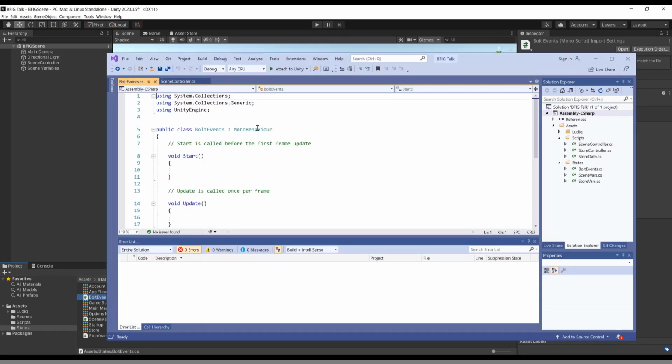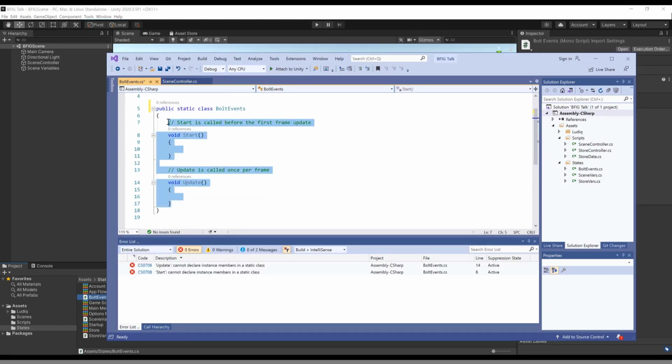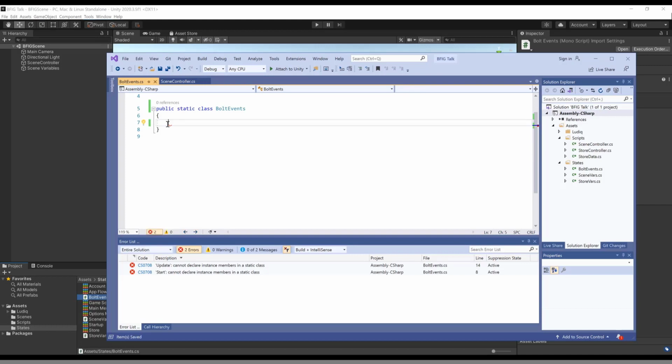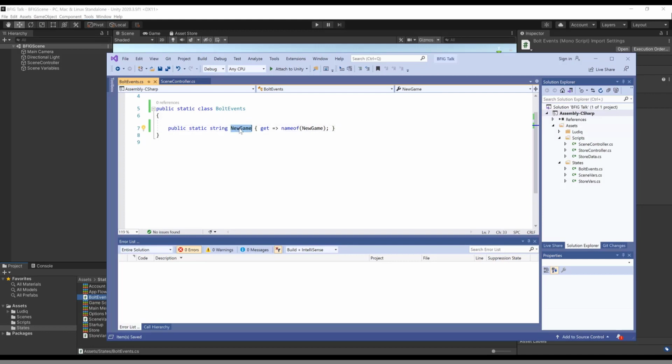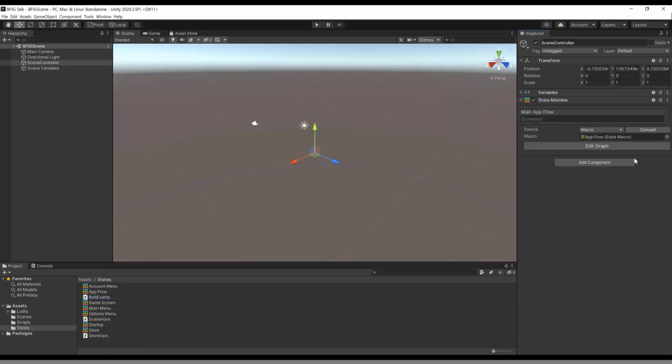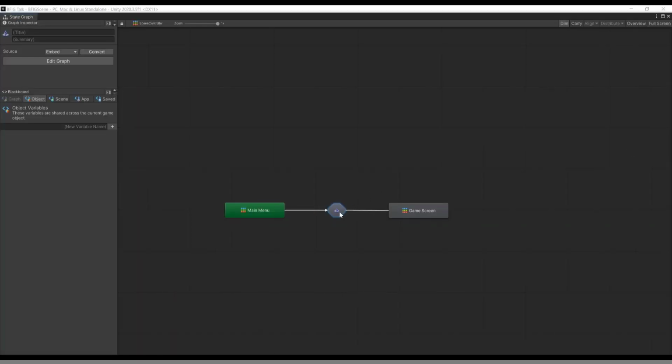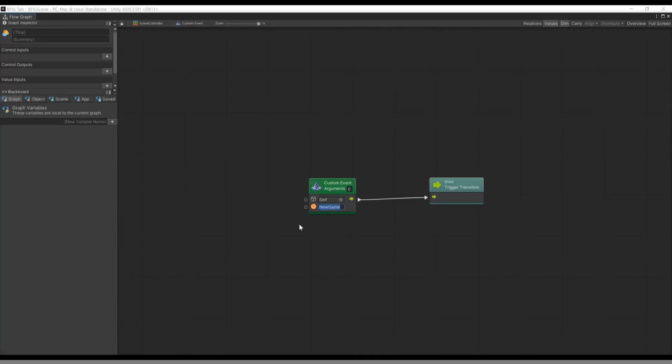When we open it in editor, we can actually not have it be mono behavior. That's fine. But we do need to make it static. Now let's add our event, new game. And all that's going to do is get the name of the new game field. So now we have that. Great. Now we're going to go into our graph, into our transition, and we want to replace this manual input